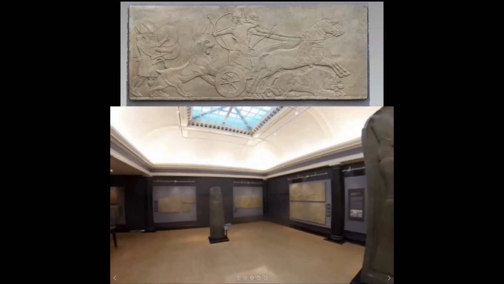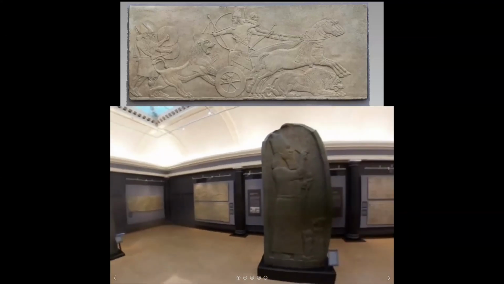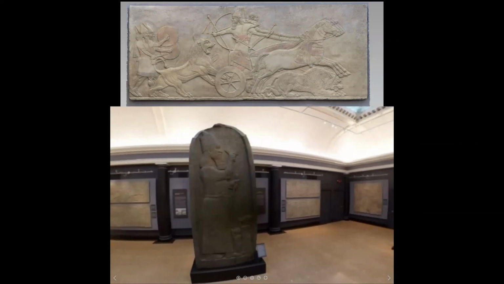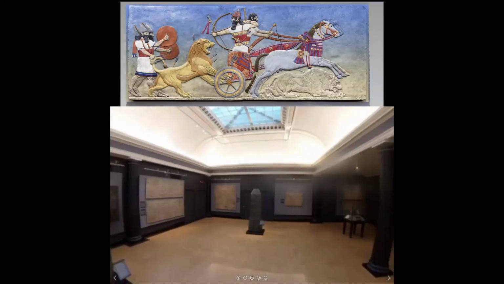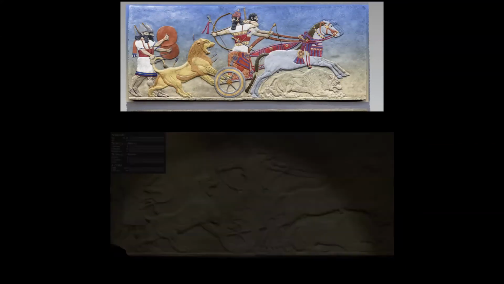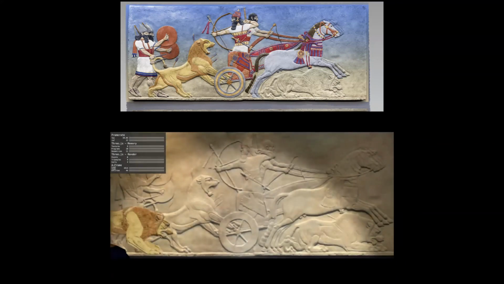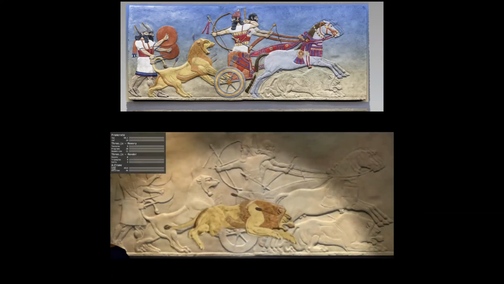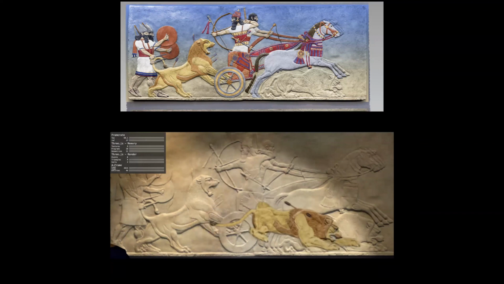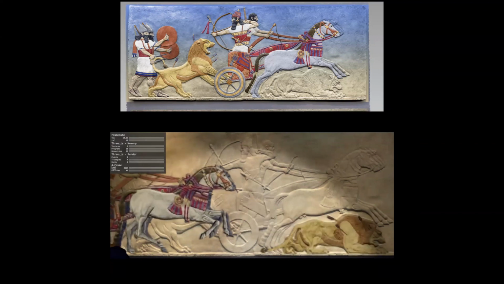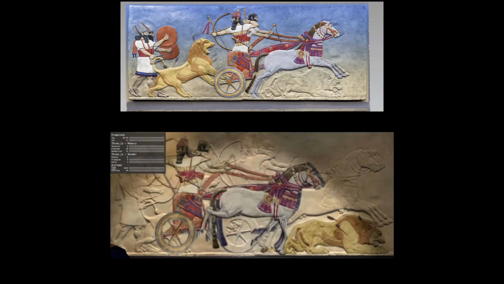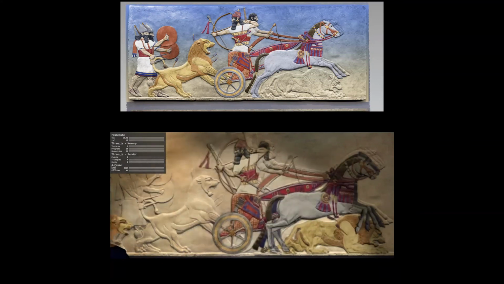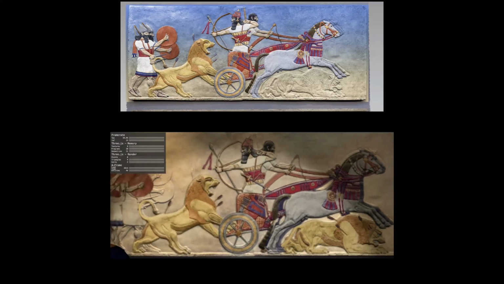In this case, we eventually hope to let you aim your phone at any of these reliefs and the colors can come back. And then even more to try to tell a story, in each case, a different story. So here, this is of course a royal hunting scene, and we try to bring it to life. And I hope it comes to life for you. You can see the animation here as the chariot moves and the poor lion gets shot, and to bring everyone into their place. There are other scenes, of course, of prisoners and battles and anointings and audiences in the palace and things. Each one is a unique story.